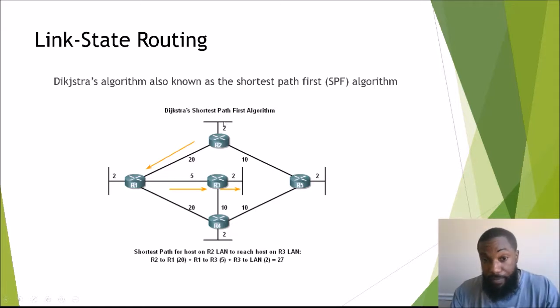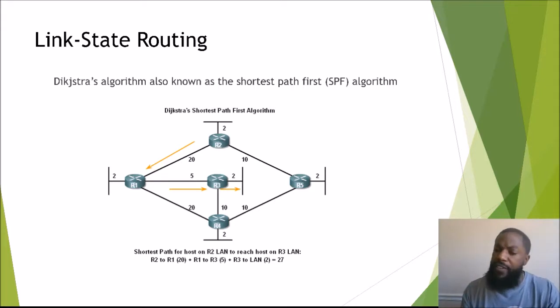Let's see. 2 plus 10 is 12, right? Plus that is 22. Plus that is 42. Plus 5 is 47. And then plus that is 49, right? So the cost would have been 49 if we went that way. Fortunately, SPF does not use hop counts. It uses the SPF algorithm. In the last video I forgot to mention the algorithm the distance vector routing protocol uses. That's called the